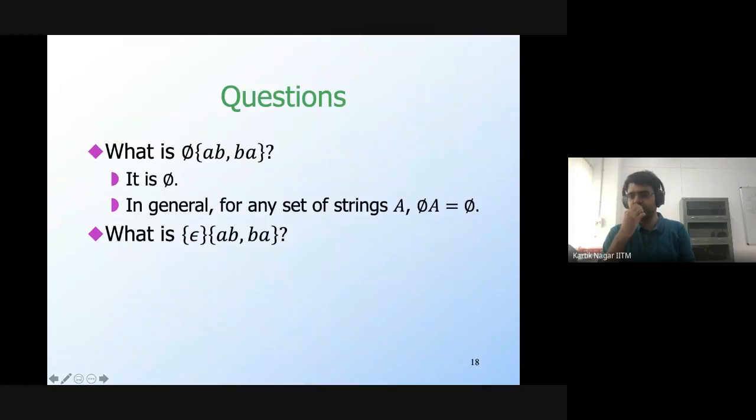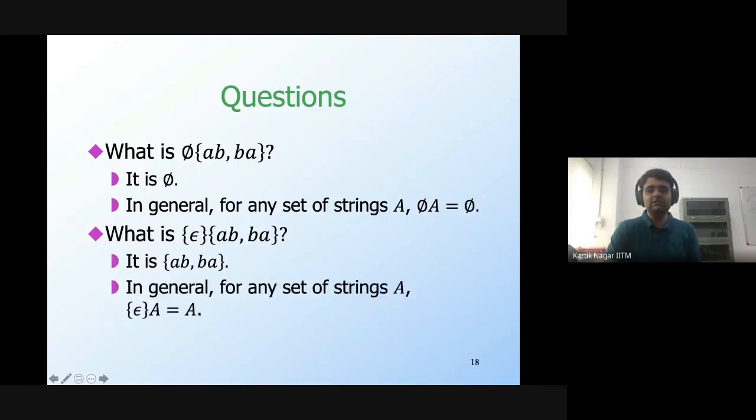Okay. So a number of you are saying that epsilon is the empty string, and epsilon concatenated with any string gives the string itself, right? That's what we saw in the last lecture. Since epsilon is the empty string, if you concatenate it with any other string, you get the same string. So in this case, if you want to find the set concatenation of these two sets, you will take epsilon and concatenate it with AB, so you get AB. Similarly, you will take epsilon and concatenate it with BA and you get BA. So that's why the set concatenation of these two sets is {AB, BA}.